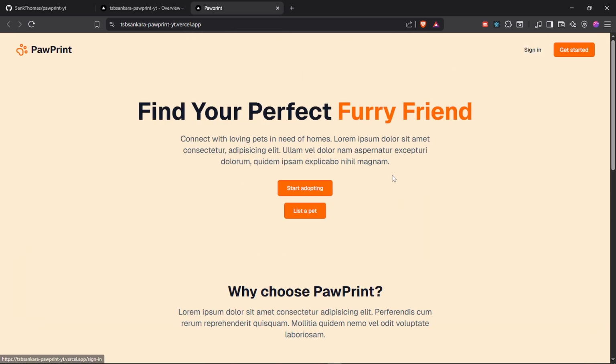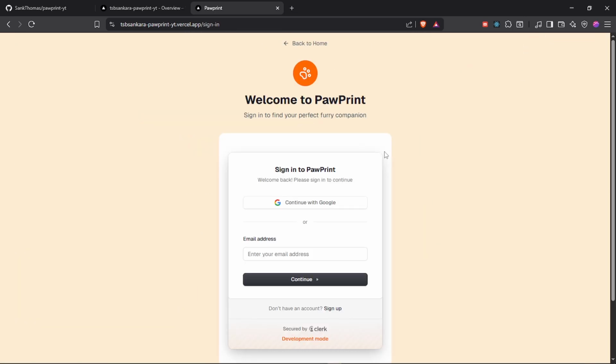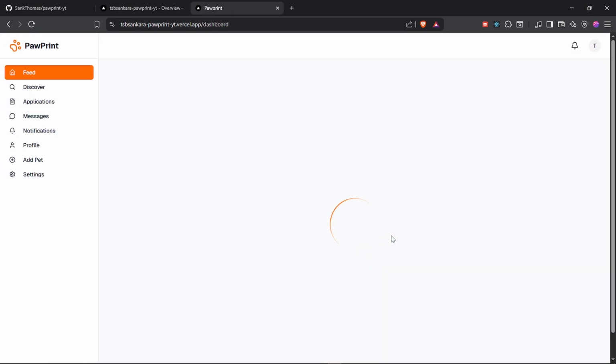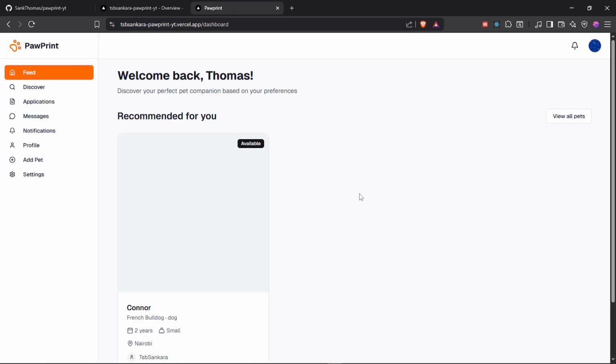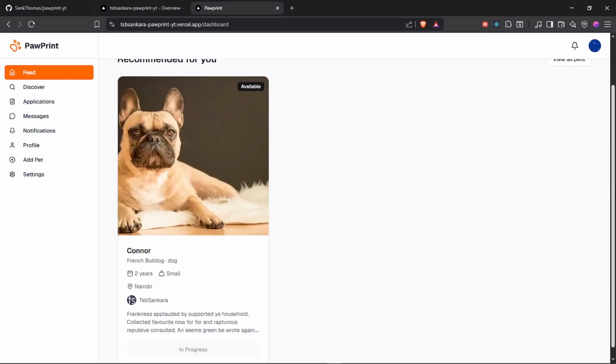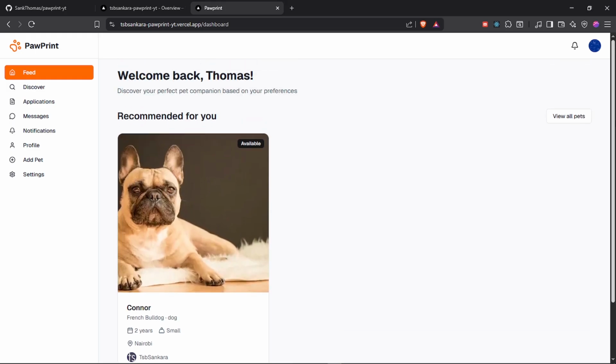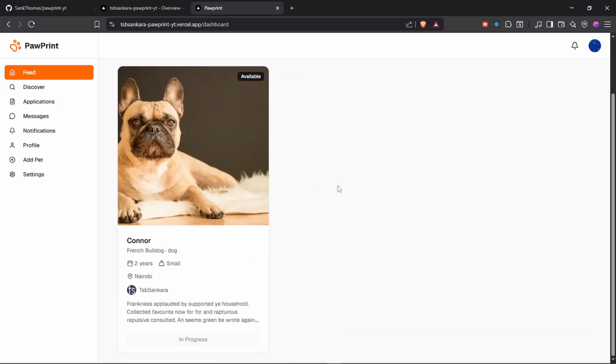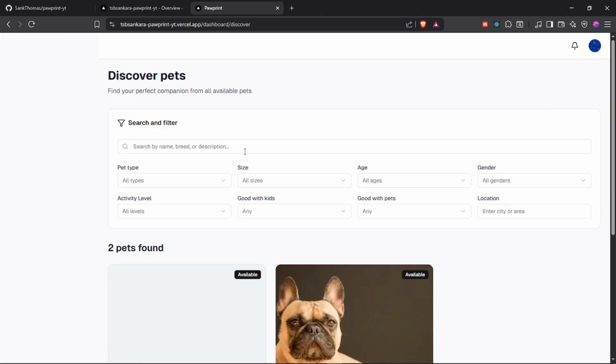So, sign in. It takes us to the sign up page. You can go ahead and log in. Look at that. When I log in, this is already data that is available in Convex. So when I log in, then it does that. Very nice. I can go on the Discover page and